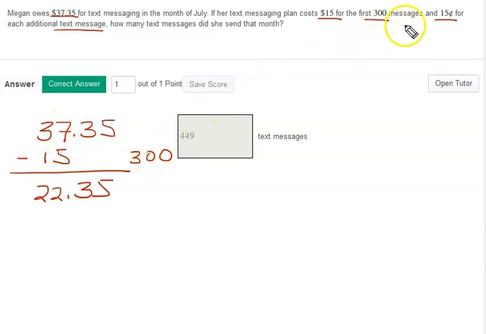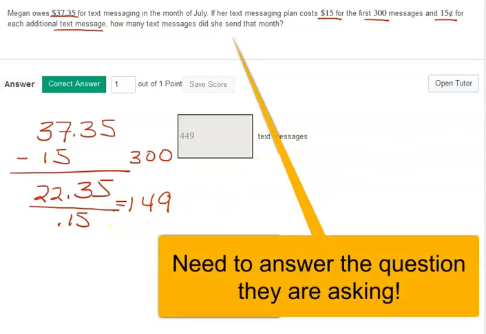Now, each additional message costs 15 cents, so we're going to divide this by 15 cents. So let's do that. So that's 149 messages. Now, I've had students, when they did this, they would put 149 as the answer. But that's not the statement they're asking us to answer here. They're asking how many messages were sent that month. So you have to add this and this together to get